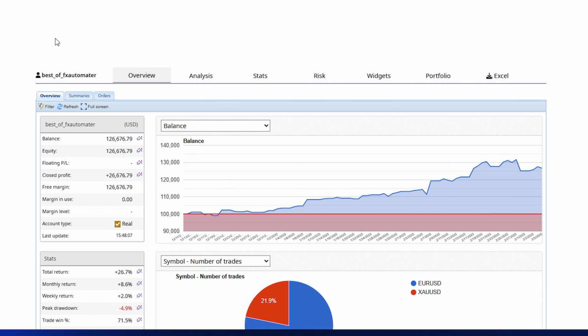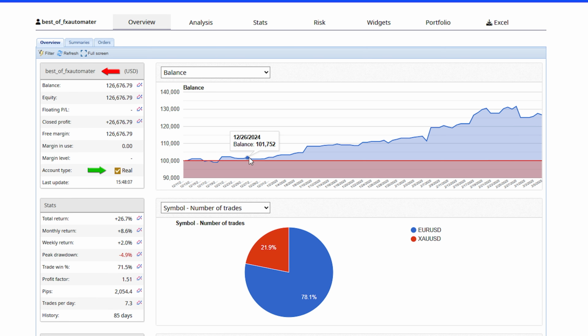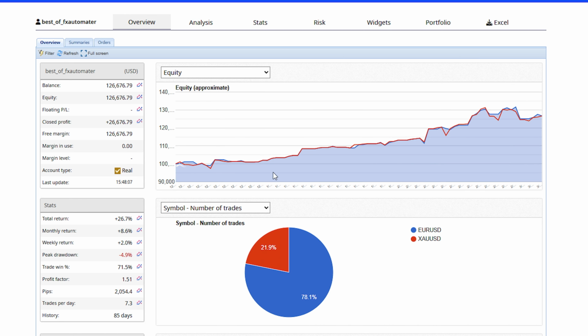It's up to you where you want to be trading them, but one more time, I prefer to place at least 2 or 3 expert advisors in one account to achieve better risk diversification and to keep the drawdown low, which is very important for Darwinex. And if you're trading on a prop firm, because you might lose the account. With Darwinex, you cannot lose the account, but if you have huge drawdowns, you're not receiving allocation, you're not losing the account, but you have to prove again that your strategy is profitable. So if you have huge drawdowns, actually the better option is to restart the account and start from scratch, but